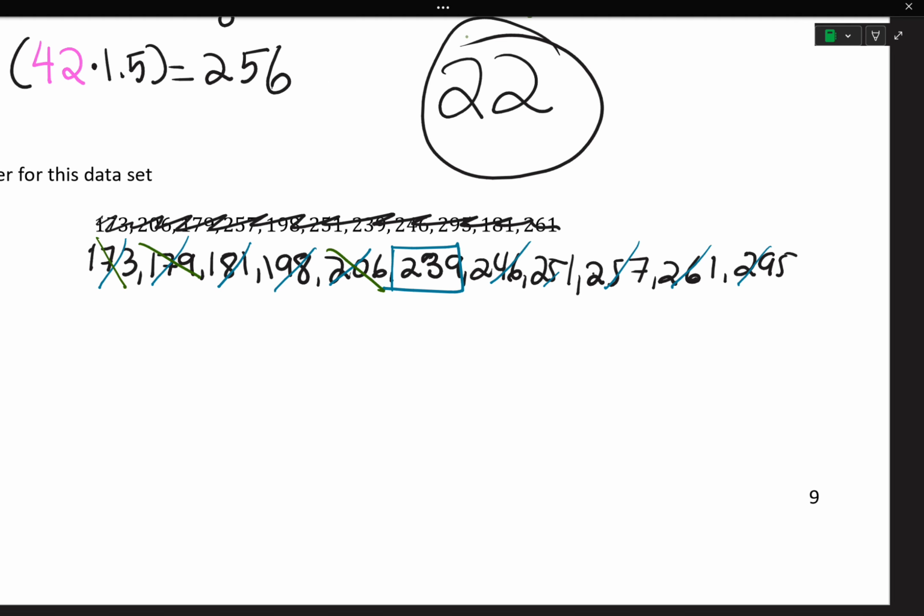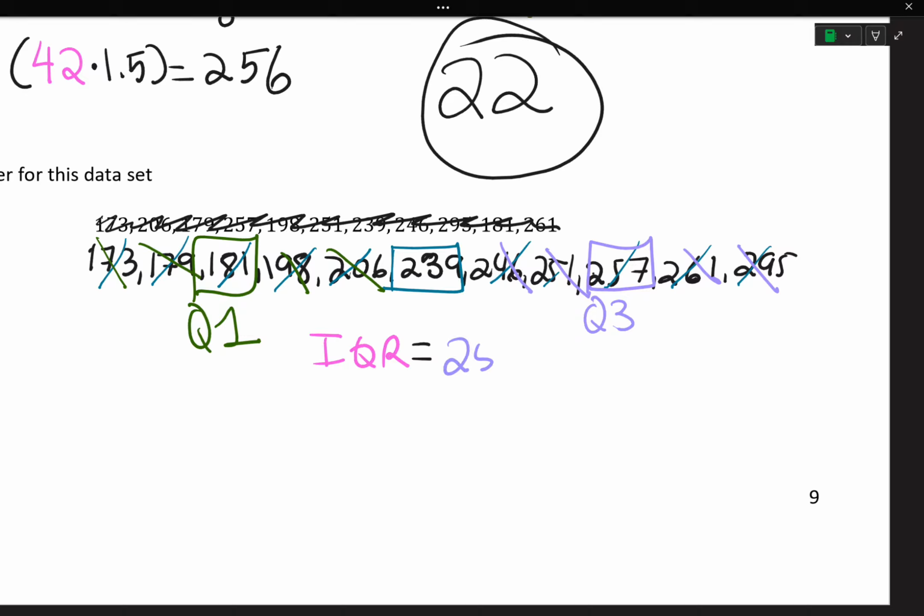Q1 is 181 and Q3 is 257. Great. So we can find our IQR by doing 257 minus 181, which is 76. Okay, we officially have all the information that we need in order to find if there's an